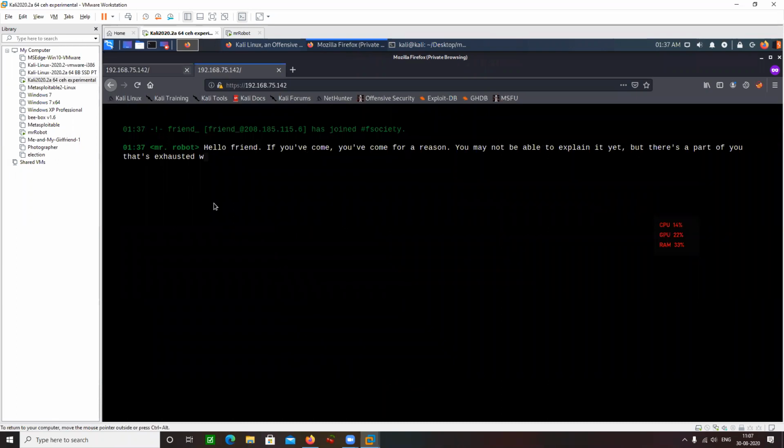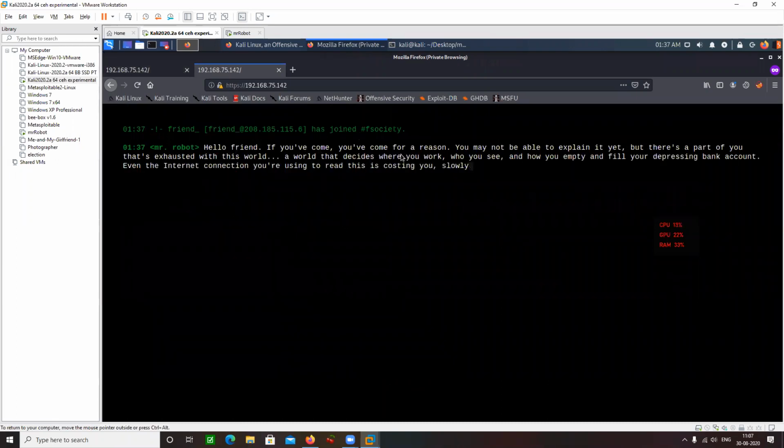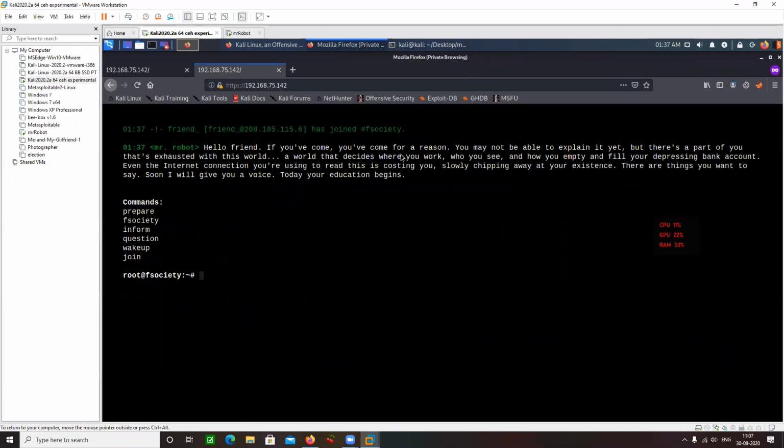If you guys want to follow along, you can download this machine from Vulnhub, or you can log into your TryHackMe account, set up your VPN, and there's a machine named Mr. Robot 2 there, which is of intermediate difficulty. This is that machine. This is not your Mr. Robot 1.